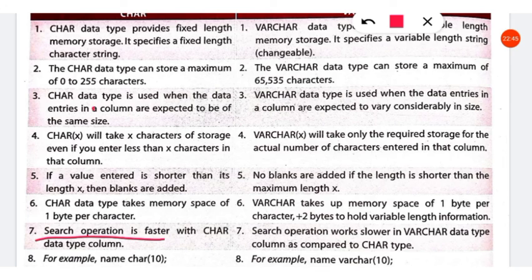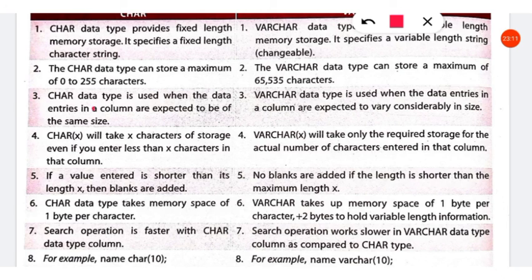So I have told you searching is faster, accessing is faster when we use char data type. The search operation works slower in varchar because we don't know from which position to which position is the first string, then from which to which is the second string. So we don't know because memory space which is being wasted is being utilized by the next string.